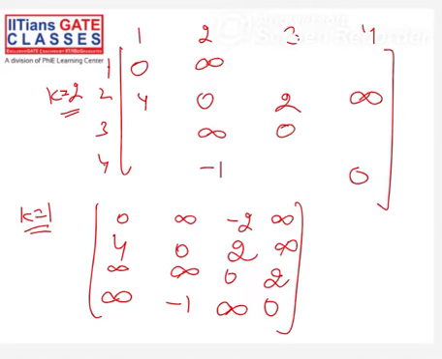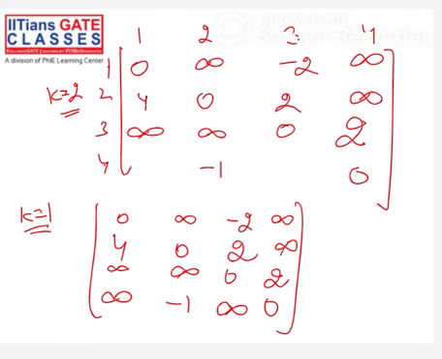1 to 2 is infinity, so this is still less. Okay, 1 to 4. 1 to 4 is 1 to 2, and 1 to 2 is infinity, so this is infinity. So 3 to 1, 3 to 2 and 2 to 1. 3 to 2 is what? Infinity. Okay, 3 to 2 is infinity, so no change here as well as here.